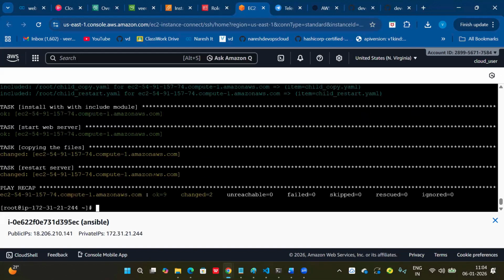Clear now? Restart. So this is called include modules. For example, you have multiple YAMLs. If you want to orchestrate those YAMLs, you can write one main.yml and orchestrate the flow. For example, front end, back end, database YAMLs are there. You want to orchestrate: first RDS should run, then back end, then front end. So we can orchestrate by using this include modules. Clear? So there is a concept in Ansible roles, and in an Ansible role, we can use this include module concept.